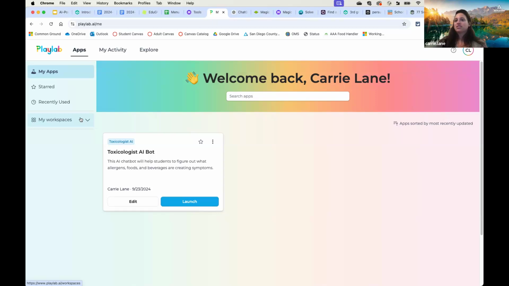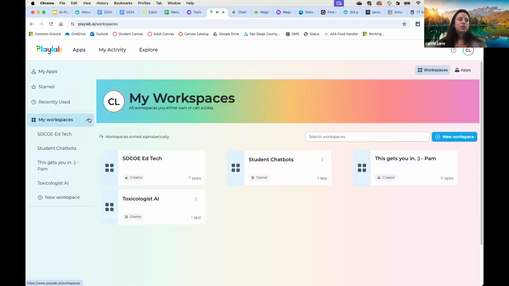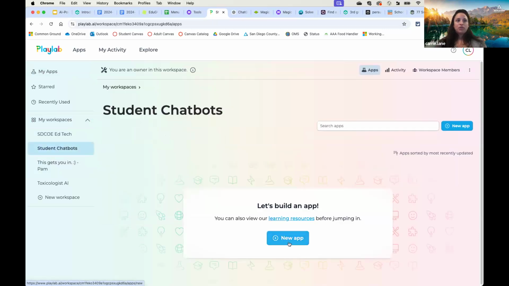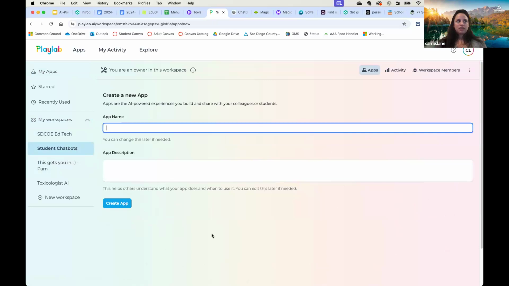It will just give them a message: this is inappropriate, go see the teacher, things like that. And within here, you can have students create chatbots and build things using the platform as well. So there are some places where you can have students creating their own chatbots, or where you can customize chatbots specifically for your students based on what you want them to get out of things.